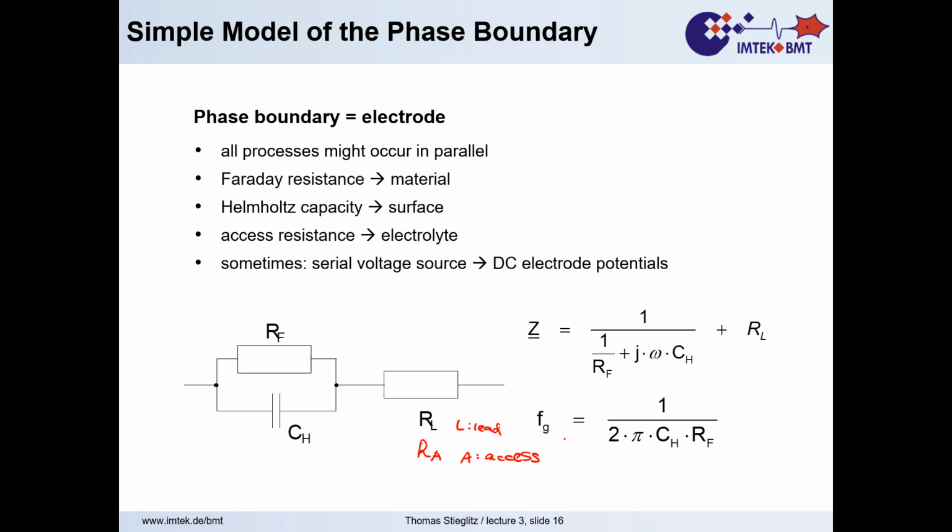If we take fundamentals of electrical engineering, then we can model that. We see, well, those who know see that this is a high pass behavior. That means at high frequencies, the capacitor is like a shortcut, and then we have only the excess resistance. At very low frequencies, the capacitor acts like an open circuit, so it's no longer there, and we should consider RF plus RL. And in the middle, it's a decline, a linear one, if we have a double logarithmic display